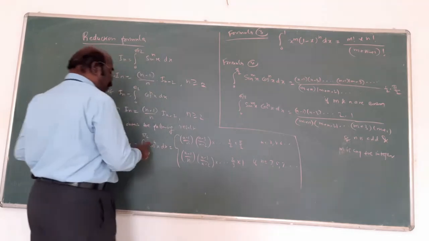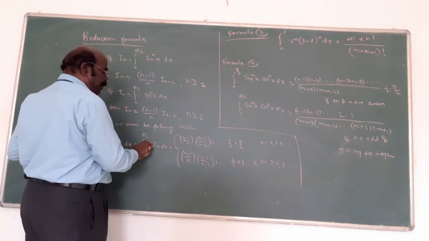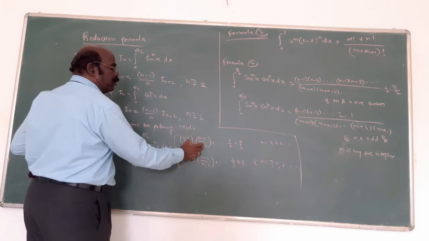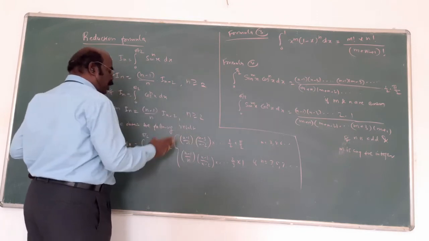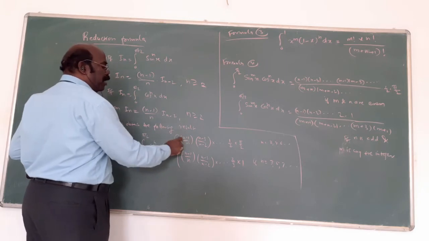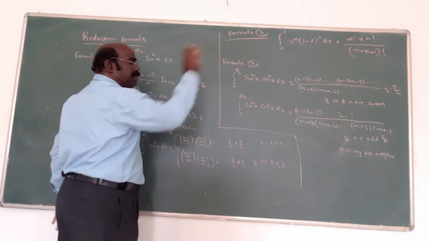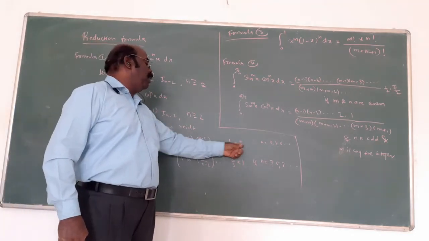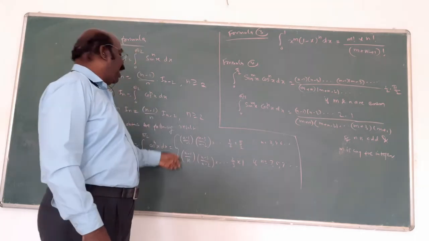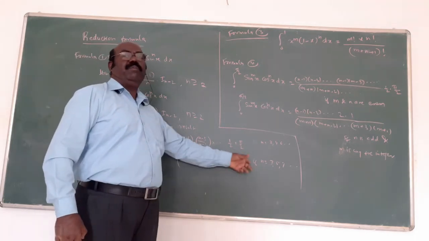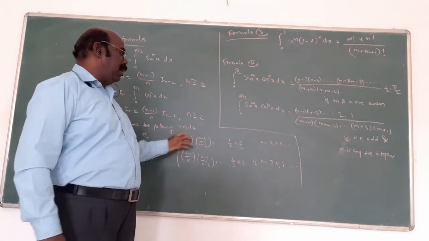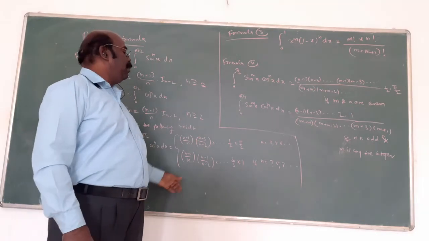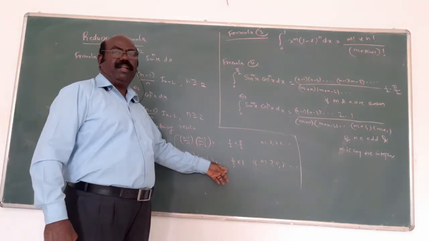If the power is even, it is very simple. What is the power? n. Suppose it is 5, then the denominator is 5. Then reduce by 2: 5, 3, 1. In the numerator, the power is reduced as n minus 1, again 4, 2, easy. That's all. If it is an even number, the last factor 1 by 2 will come, and you put pi by 2. If it is an odd number, 2 by 3 will come, multiplied by 1. The last factor 1 by 2 into pi by 2 is for an even number. If it is an odd number, the last factor 2 by 3 will come into 1.